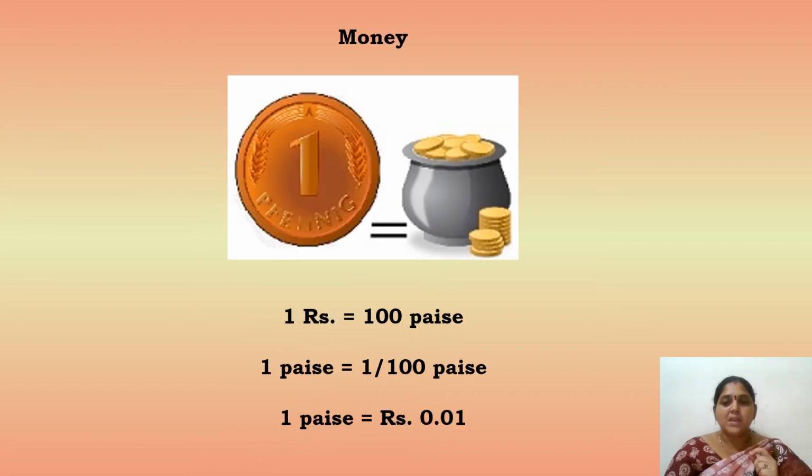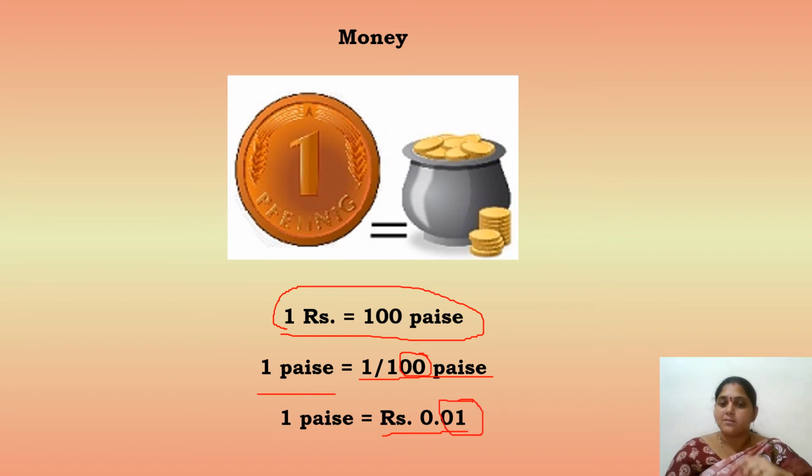Now, we are going to see it in the form of money. 1 rupee is equal to how many paise? 1 rupee is equal to 100 paise. So, 1 paisa can be calculated by dividing 1 by 100. So, 1 paisa is equal to 0.01 rupees. Here, we have 2 zeros in the denominator. That's why there are 2 digits after the decimal point. By observing the number of zeros, you can directly write it down. Why have we written 100 here? Because 1 rupee is 100 paise. This is how we calculate our money.